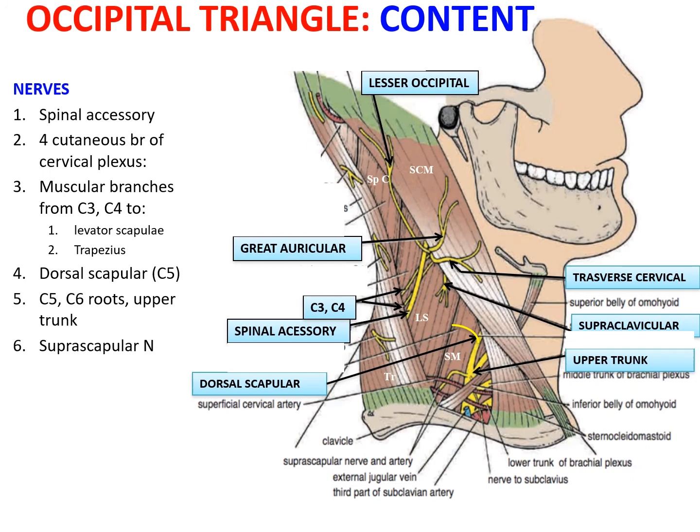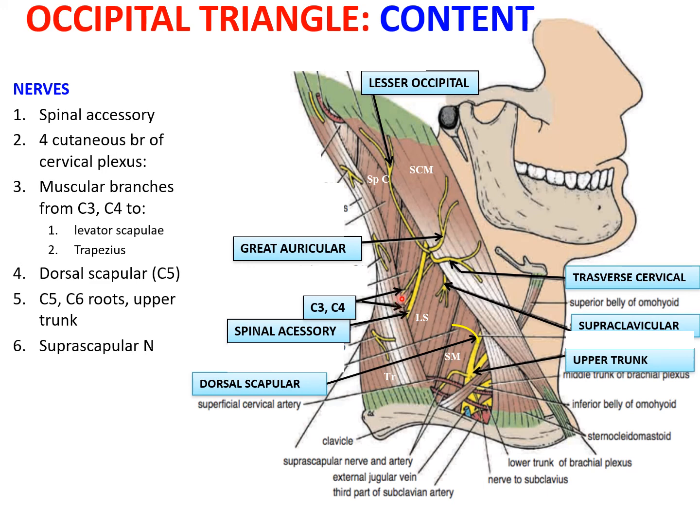Coming to the contents of the occipital triangle, let us first talk about the nerves which you will see here. So the first content is the spinal accessory nerve. The spinal accessory nerve appears in the posterior triangle deep to the posterior border of the sternocleidomastoid muscle, approximately at the junction of its upper 1/3 and the lower 2/3. The nerve will pass downward and backward between the fascial roof, that is the investing layer, and the fascial floor, that is the prevertebral layer, resting on the levator scapulae muscle. Then it disappears under the cover of the anterior border of the trapezius, approximately 5 cm above the clavicle.